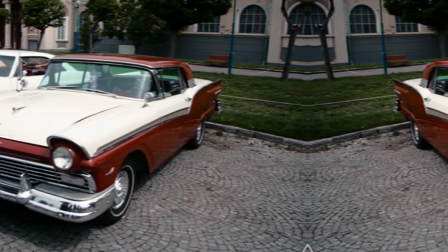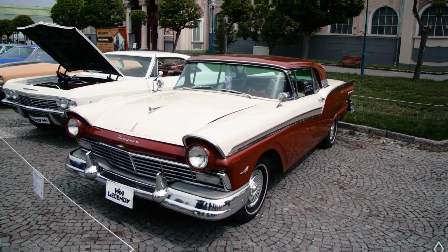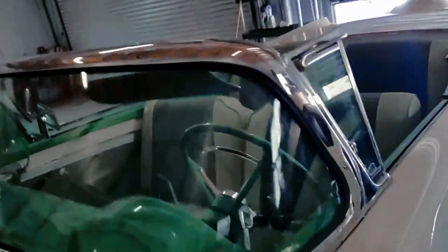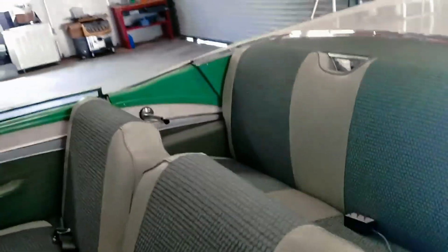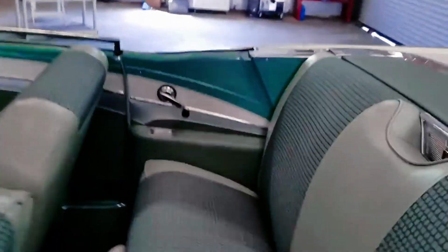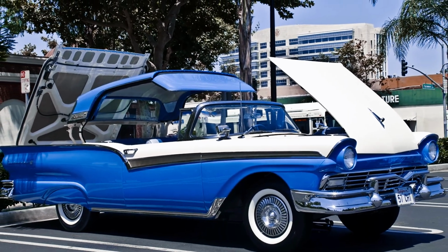Despite these engine choices, the Skyliner's performance suffered due to the retractable hardtop's added weight, which pushed the car's curb weight to over 4,000 pounds. Ford positioned the Skyliner as a premium model, priced higher than many competitors. The retractable roof was marketed as a symbol of sophistication and modernity, aimed at buyers who valued luxury and innovation